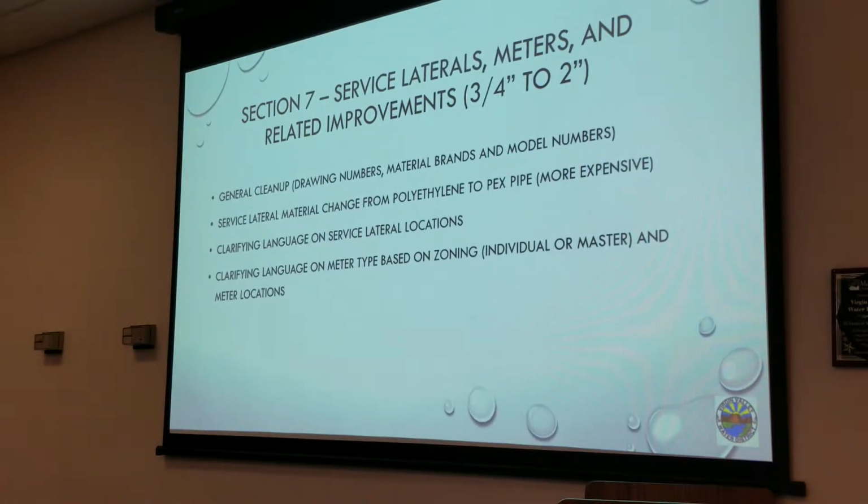Service lateral changes. As you know, we average roughly 130 service lateral leaks a year. We as the district thought 10 years ago that we had the right poly pipe fix, and we started installing that. We're starting to see that poly pipe, even what we put in the ground as early as 5 years ago, failing and leaking, so we're going to PEX pipe as the replacement pipe for poly. It's about 2.5 times more expensive than poly pipe, but we feel there's enough of a track